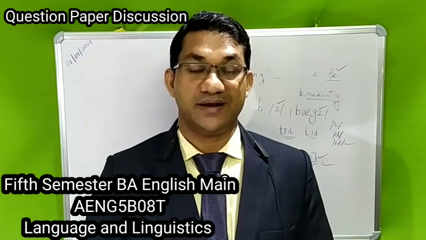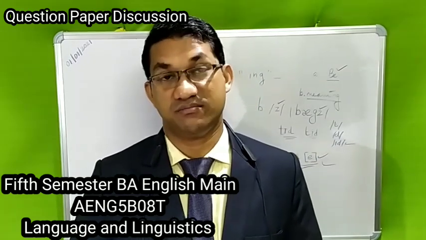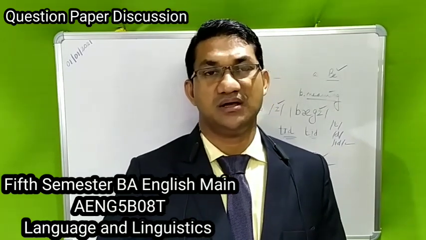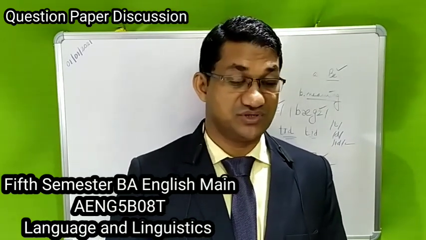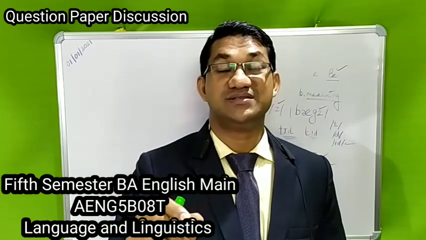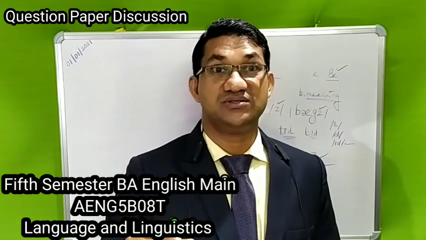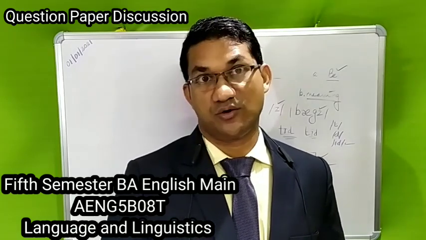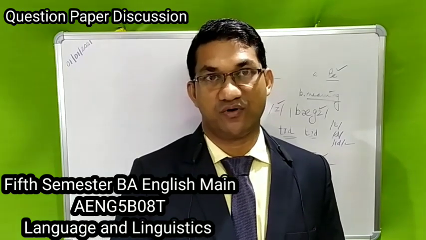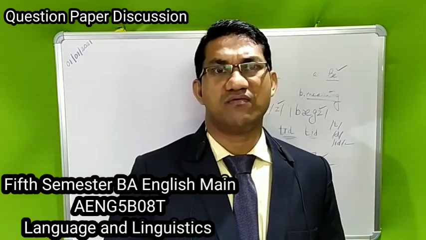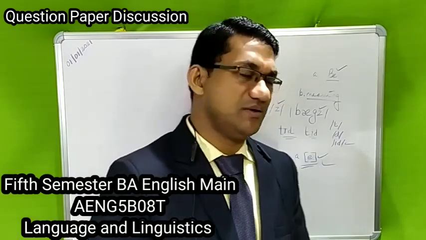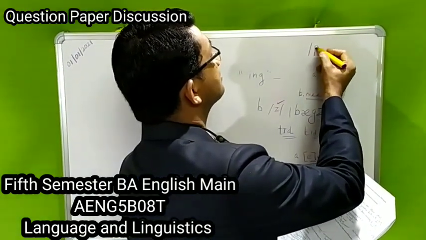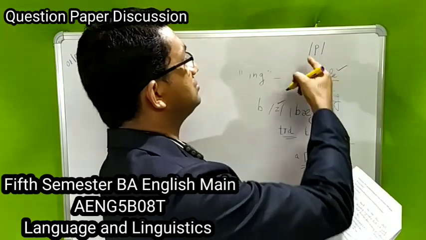Now the next question, what is a phoneme? We have all these questions repeatedly asked every year, every semester. What is a phoneme? A phoneme is the smallest speech sound, and in English we have 44 speech sounds, 20 vowels and 24 consonants. Give an example, like /p/ is a phoneme. You should have the slanting lines to indicate that this is a phoneme.